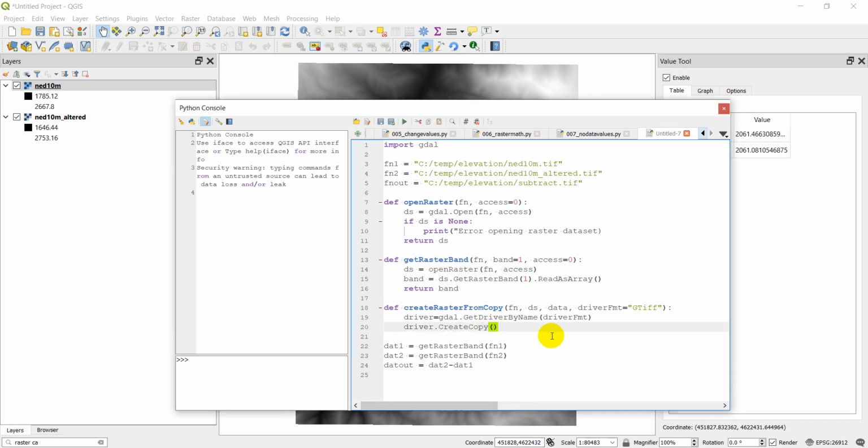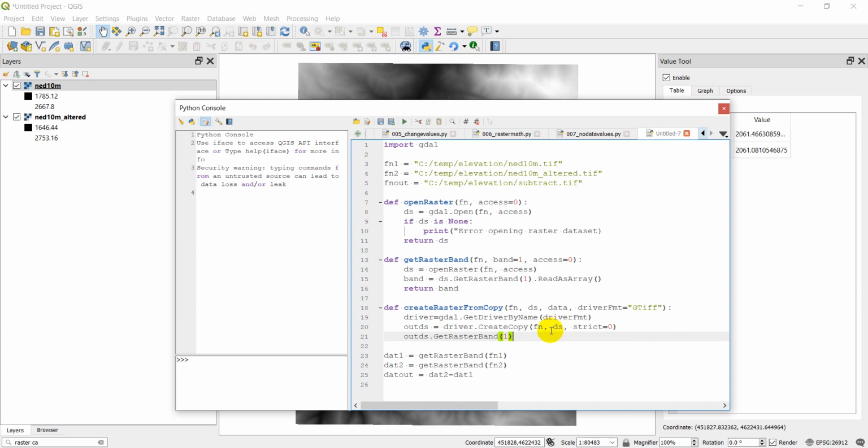We just need to give it the new file name that we input, the data source or data set to copy, and then the strict equals 0. And we're going to call this the output data set. Okay. So now I've created that data set, and now we need to do out ds dot get raster band 1,